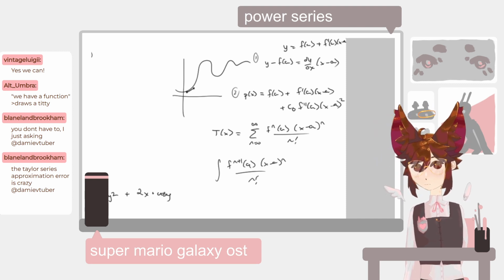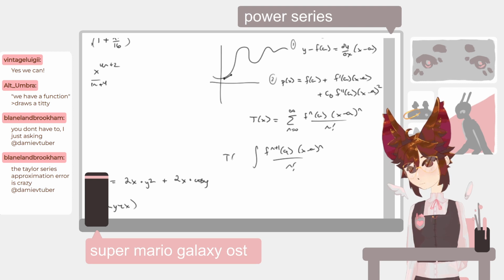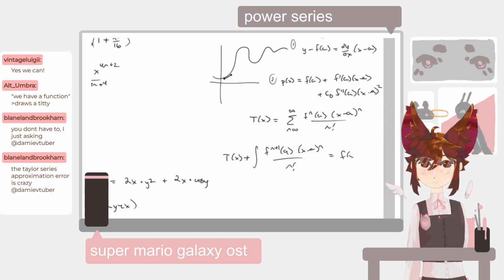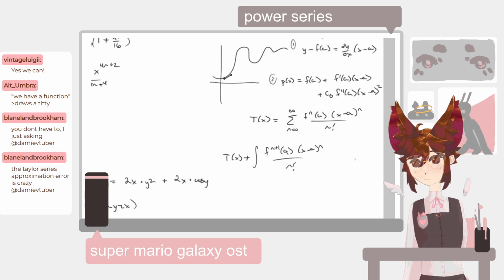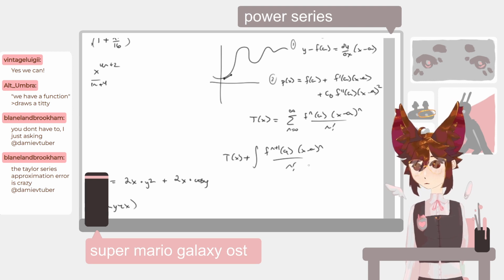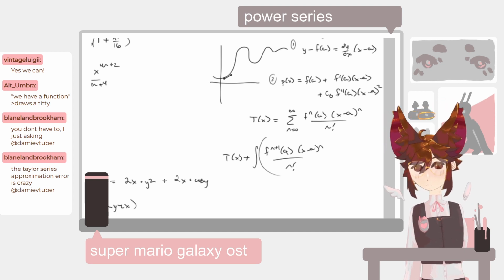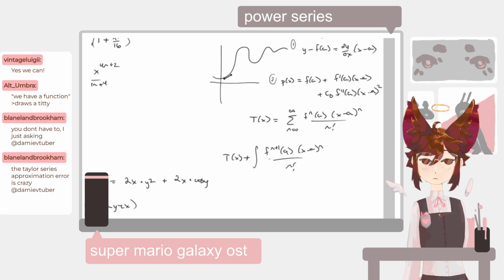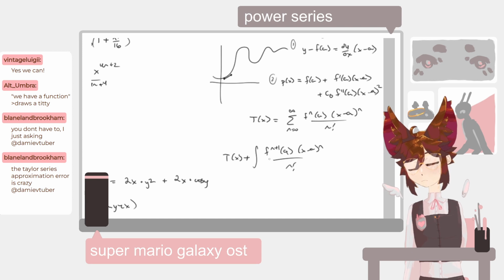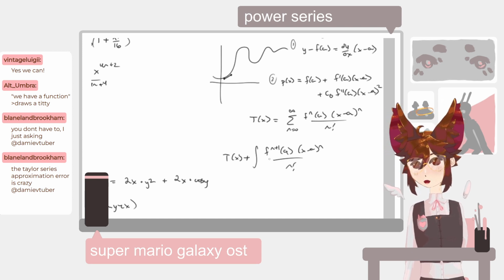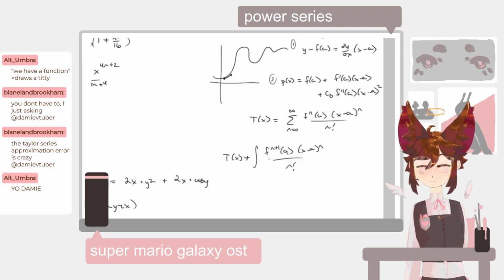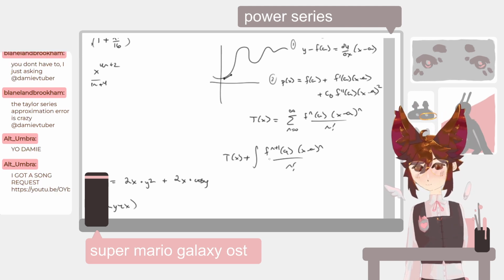Because that's the error of your Taylor series, because Taylor series plus this equals our function. So this is the way to find the error. However far out you go, one derivative more, and then take this. It's a little strange, but I think it's way better than Lagrange, because with Lagrange, the professor was like, guys, I'm not going to teach you Lagrange because you need higher level math